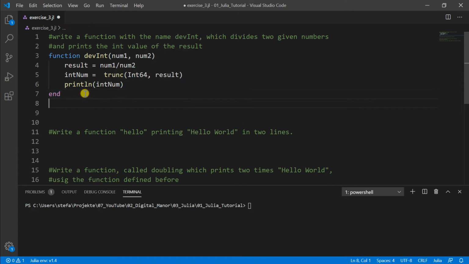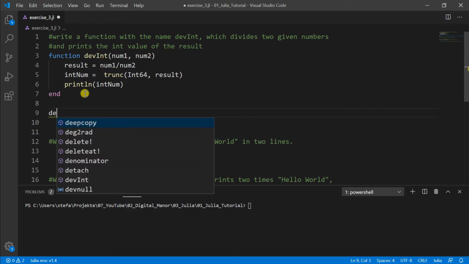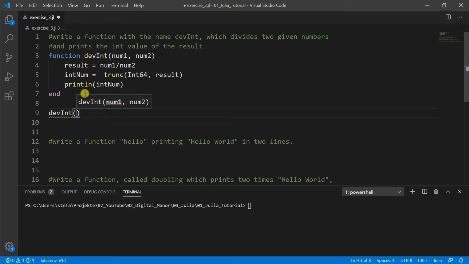And that we can run now by calling here def int. We put in, for example, 1 divided by 2, 1 is number 1 and 2 is number 2, that would be 0.5. We run here Julia